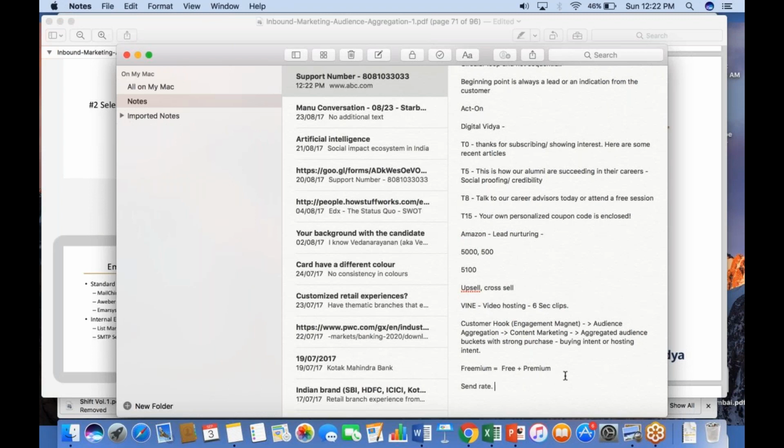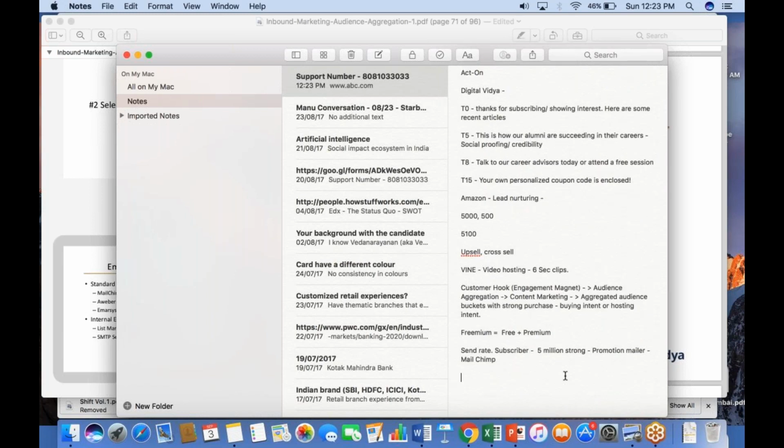send rate. So if you've got, say, a subscriber base, or if you have bought a subscriber base of, say, 5 million strong, and you want to send a promotional mail to them, which talks about an offer, like, say, an Amazon would do. So if you're selling standardized products, so to speak, and you've got an enormous subscriber base, like Amazon, in that case, I would recommend MailChimp, because MailChimp offers you the kind of IP addresses it has subscribed to, and the kind of delivery success rates it has, they are unparalleled by any other competitor. So in that case, delivery success rates are the highest.